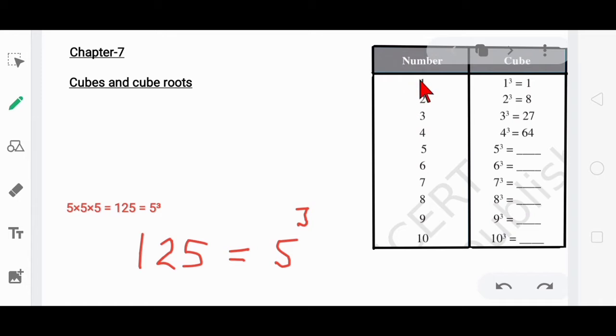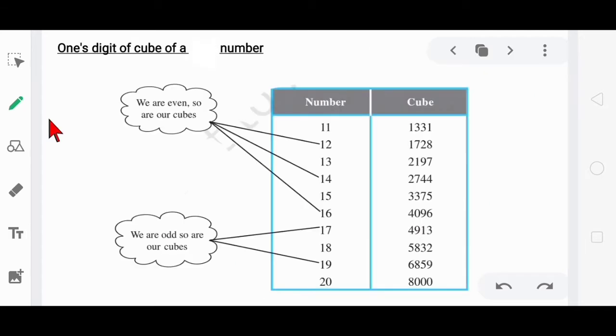You can see cube of 1 is equal to 1, cube of 2 is equal to 8. You can see cube of 3 is equal to 27. What is going on? We are multiplying the number 3 times. Again we can fill the chart here. Cube of 5 is 125 and cube of 6 is 216, and so on. You can fill the numbers. All the numbers which are obtained when a natural number is raised up to the power of 3 are called perfect cube numbers. We are given the same heading as we got in the previous chapter, square and square numbers.